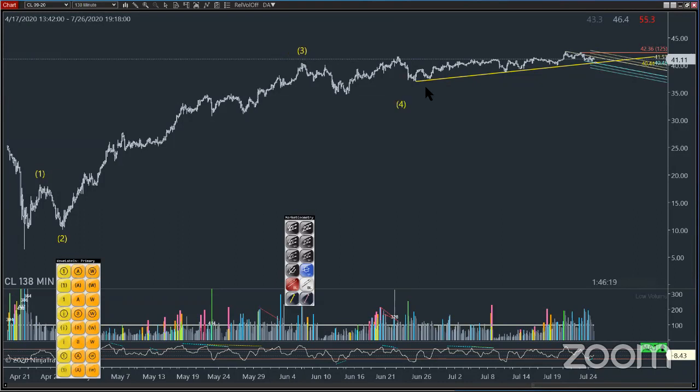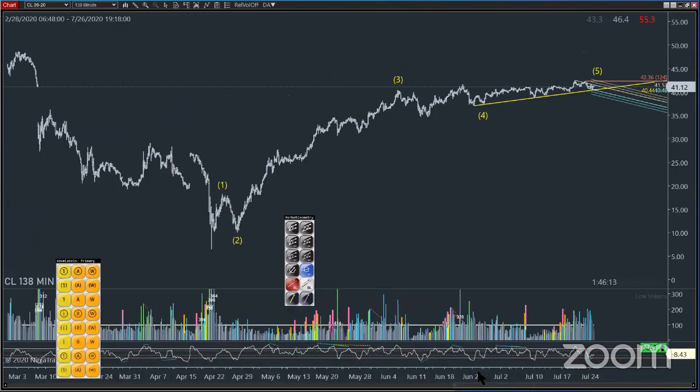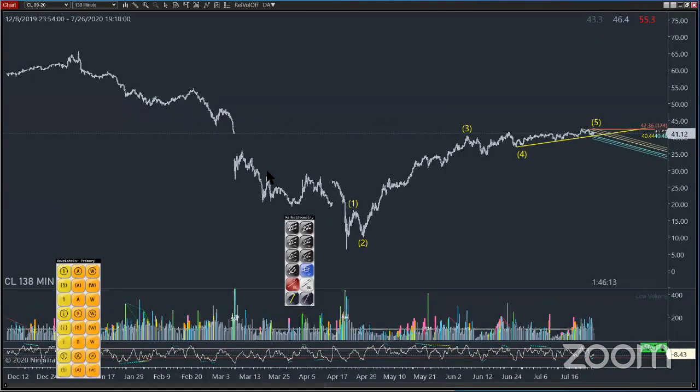So that's our 3. Maybe that's 4 running triangle. And then we're doing like an ending diagonal. So that's either the end of that A wave up, or it is in fact the end of a